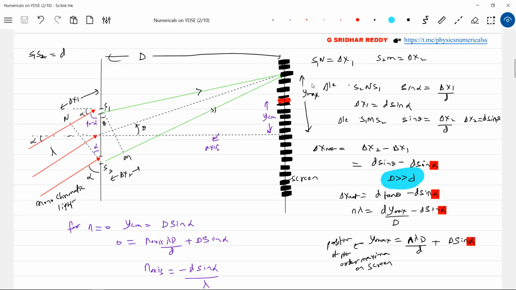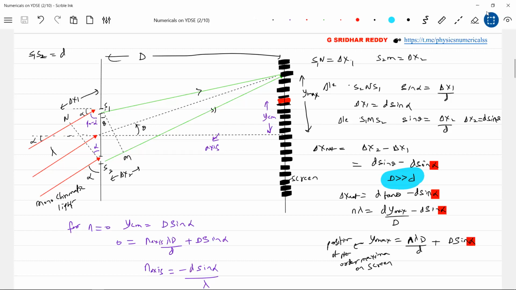The next part of the question, I'll take that one. Now I want the central maxima to come onto the axis. What shall I do? The central maxima should be there at the axis. Where shall I bring the slab, at the upper or lower slit? Definitely I'll place the slab at the lower slit, so it will pull the pattern down.